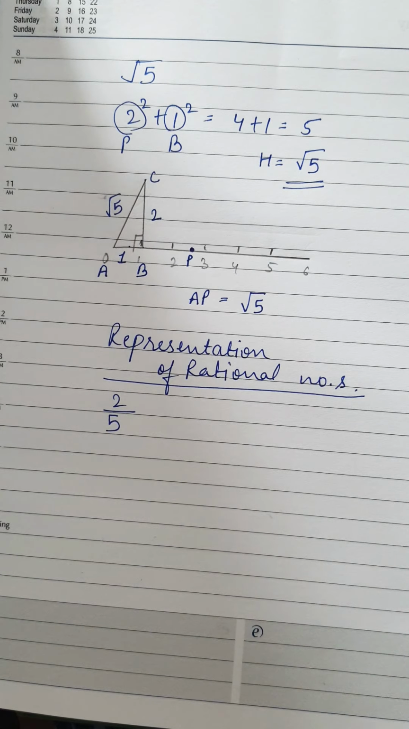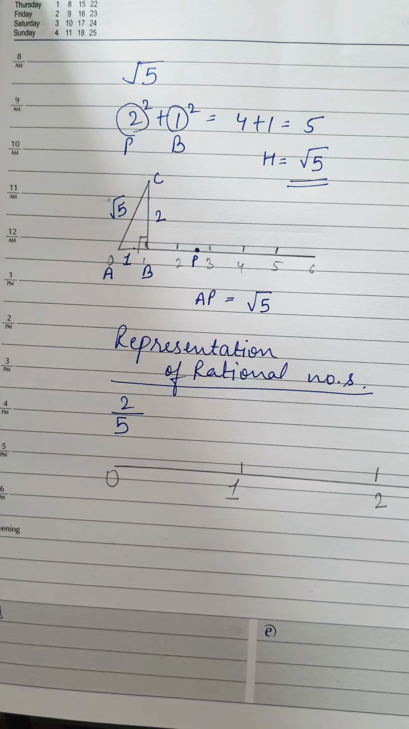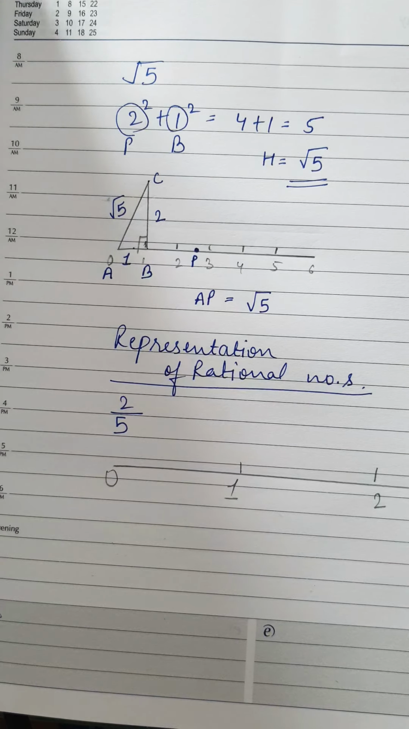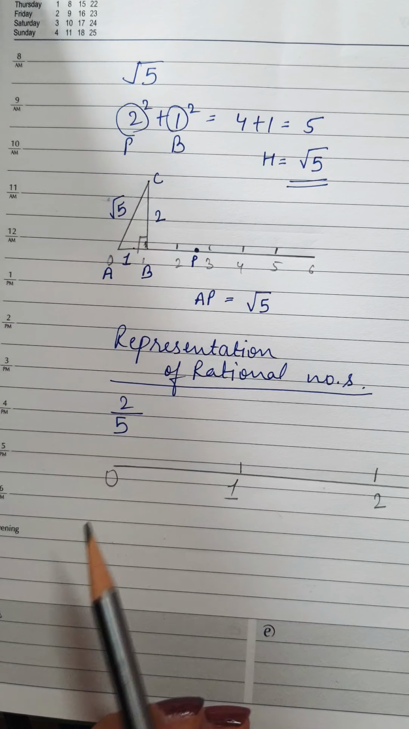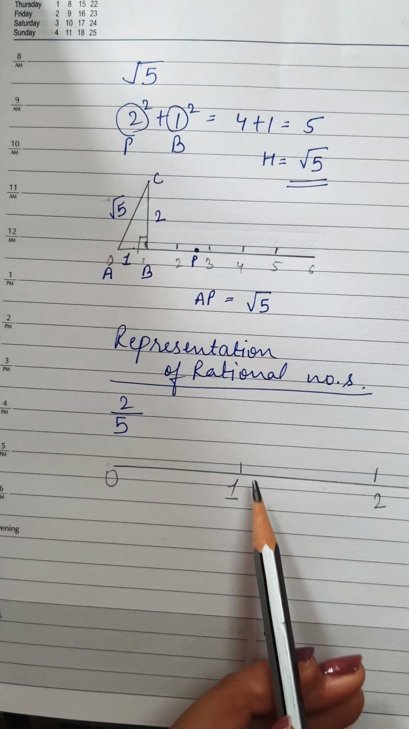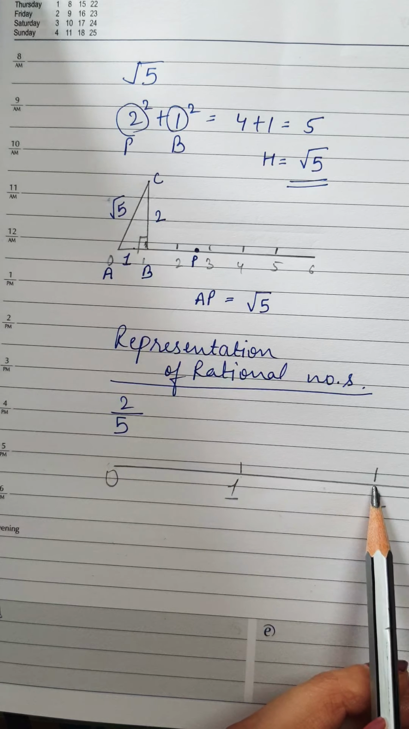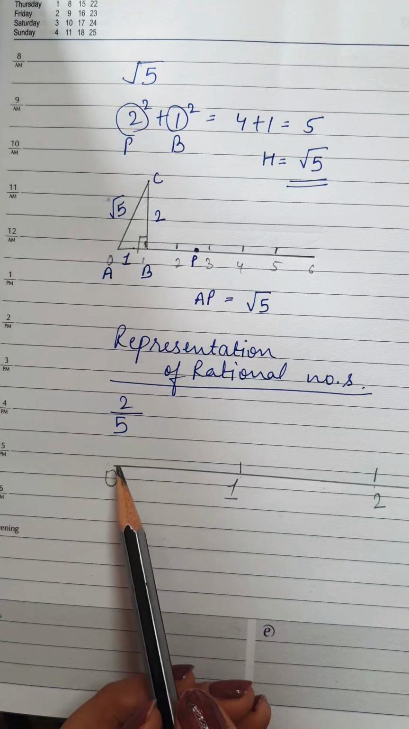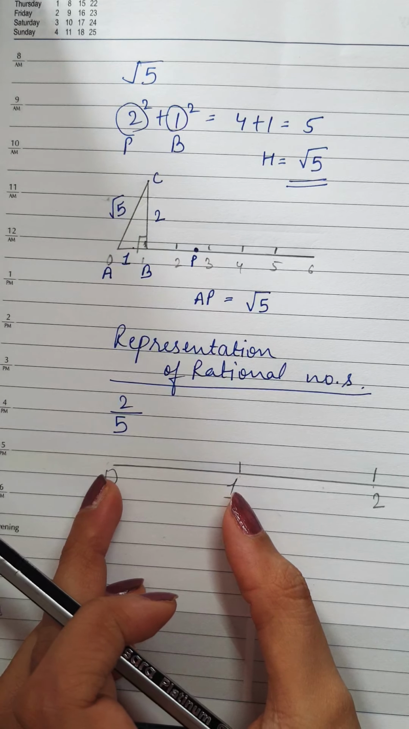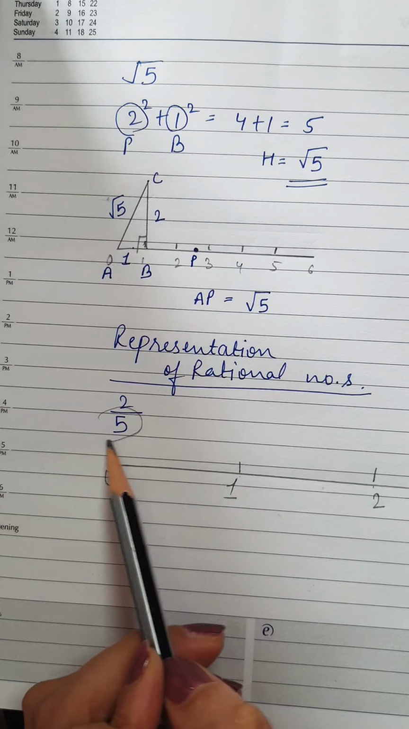Now let us see representation of rational number. Suppose the number is 2 by 5. Again I will draw a number line. Here I have not taken 1 centimeter, neither I have taken 1 inch or so on, but I have taken equal distance. So let me tell you, this is 4 centimeter, 0 to 1, and 1 to 2 is also 4 centimeter. Why I have taken this now? Because I have to divide this particular distance in 5 parts,